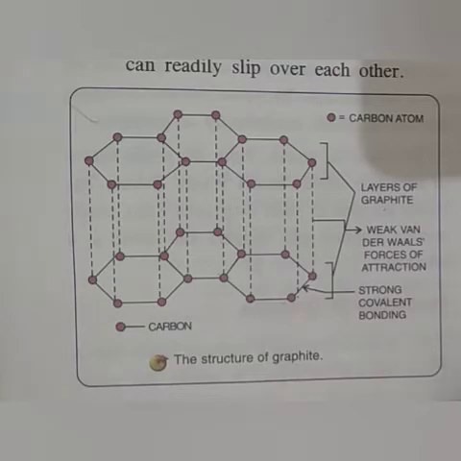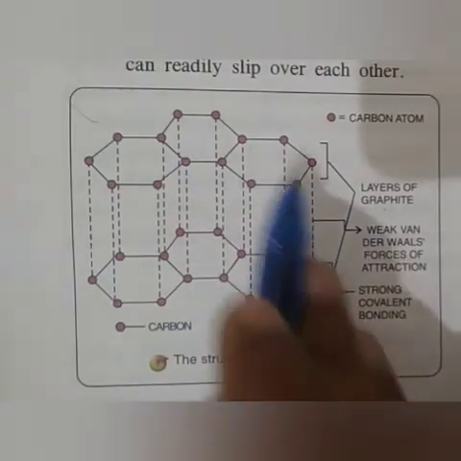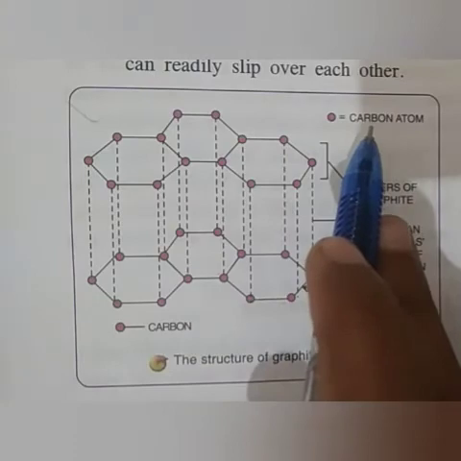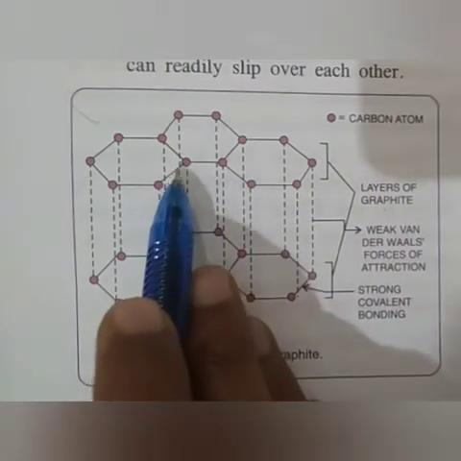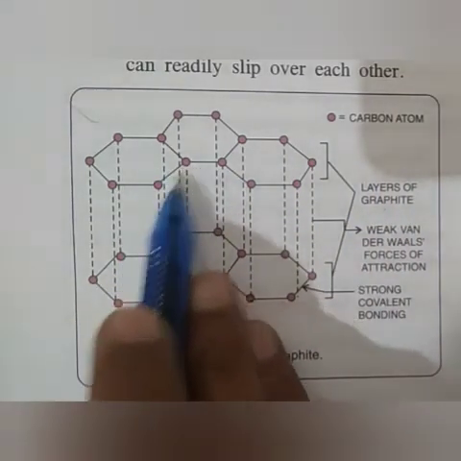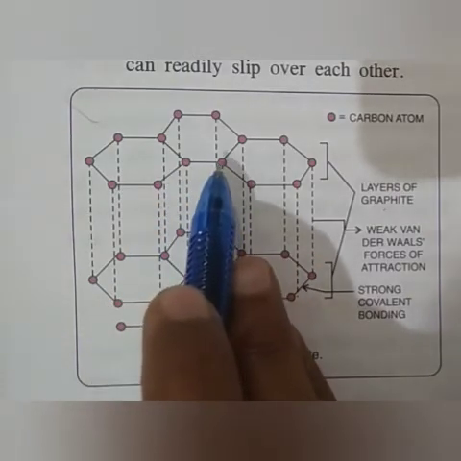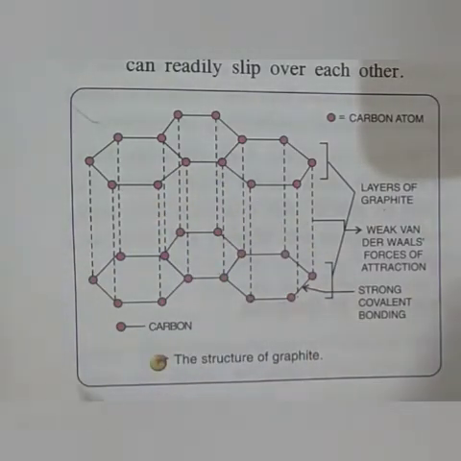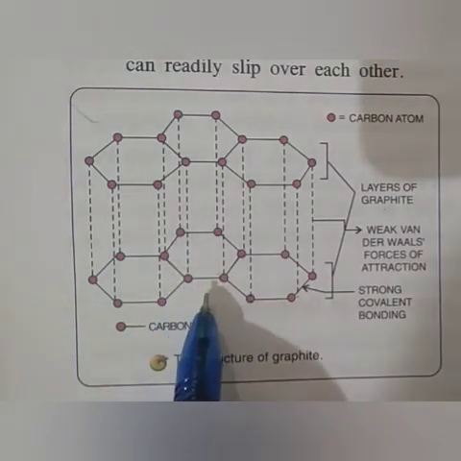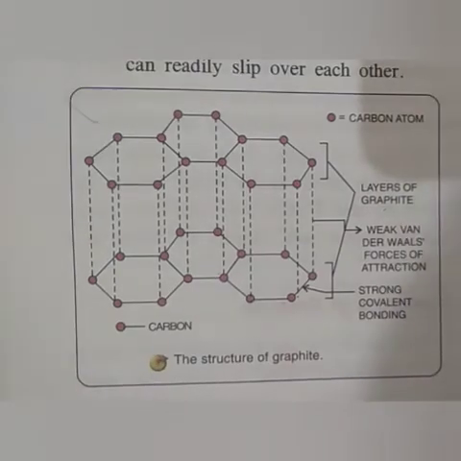As you know, graphite is made up of only carbon atoms, which have 4 valence electrons. Here each carbon atom is linked with 3 other carbon atoms, which means that only 3 valence electrons are used up in the formation of single bonds. The 4th valence electron of each carbon atom, which is not used up in bond formation, remains free, and that free electron of each carbon atom is responsible for electrical conductivity.